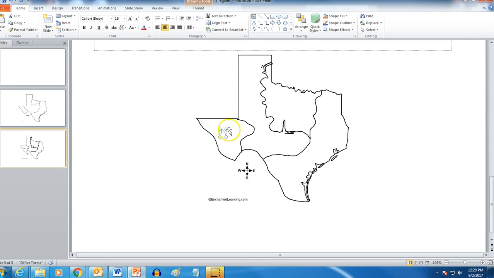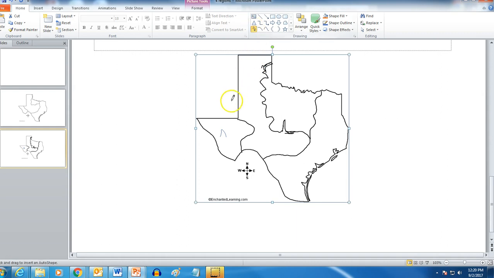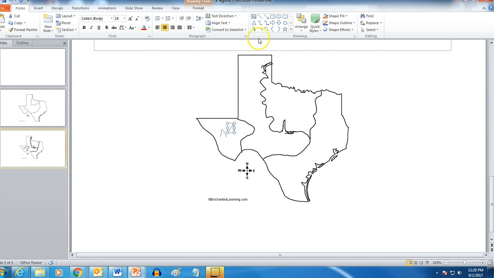So draw some. That's funny. When you draw, it just doesn't always act the way you want, but draw some mountains up here, and the further north you get through here, the more mountains you get. Ooh, I'll do a triangle mountain. Watch. Let's see if it works. Yay, mountains. All right. And then remember, this part is called the Great Plains.